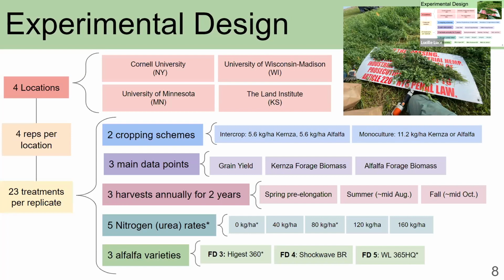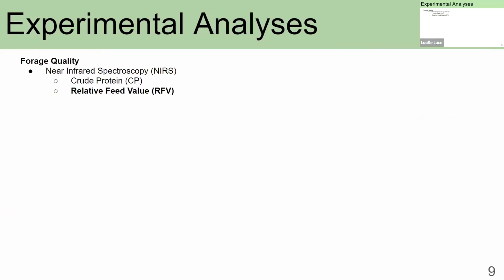Only Shockwave was planted at all 5 nitrogen rates because we didn't want to have hundreds of plots at each location. So High-Just and WL were only planted at 0 and 80 kilograms of nitrogen per hectare. So we have one big experimental design for both chapters, but use different subsets of the data for analysis in each chapter. Speaking of analysis, after the grain and biomass was harvested, forage biomass was ground and analyzed using near-infrared